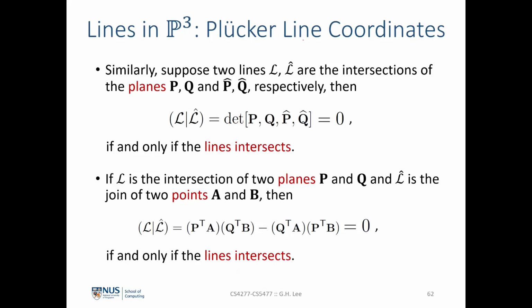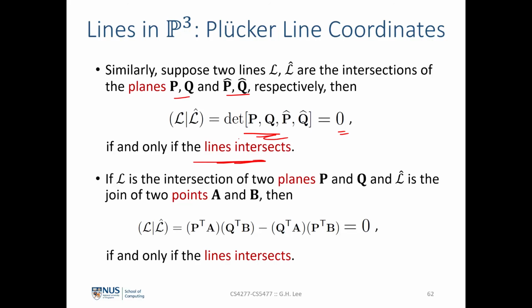Now suppose that two lines intersect, defined by the planes P, Q as well as P hat and Q hat. Then the determinant of this needs to equal 0 if and only if the lines intersect. This determinant can be directly extended from the previous proof